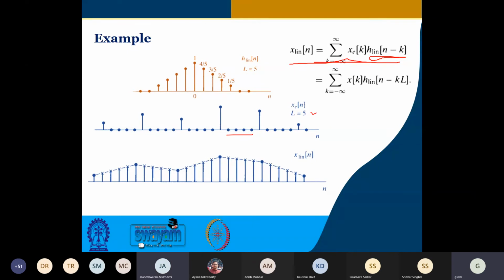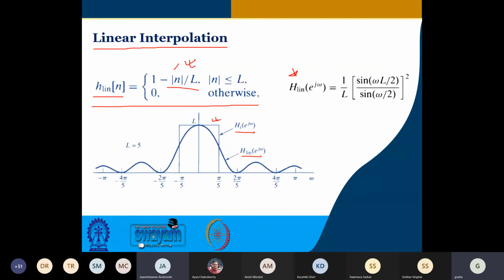Sir, if we are concerned with increasing the sampling rate to measure the real signal, then this linear interpolation is not that accurate a representation. No, not accurate. That is what I showed. This linear interpolation is also a low pass filter, but the nature of the low pass filter is like this, while you wanted this one, and you can have other kinds of low pass filter also. This is a simple way of realizing it.